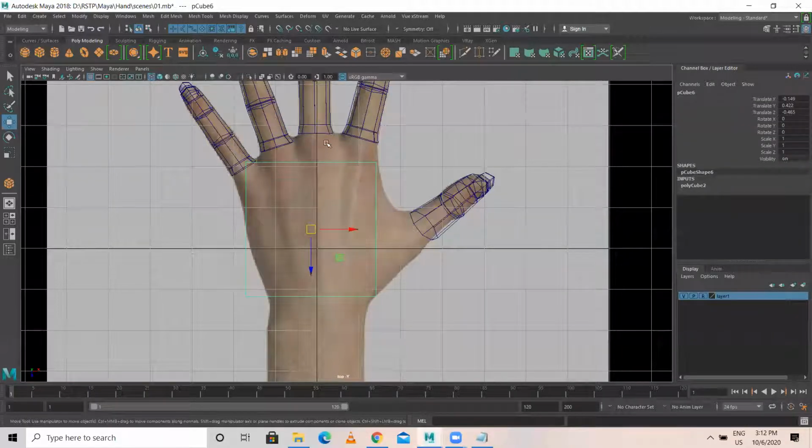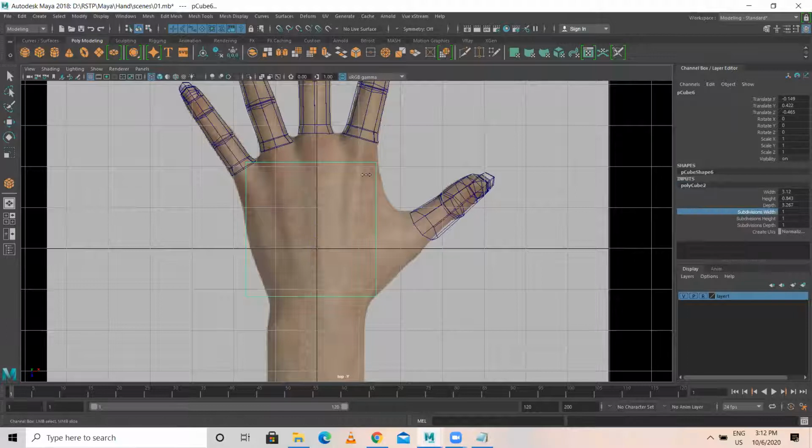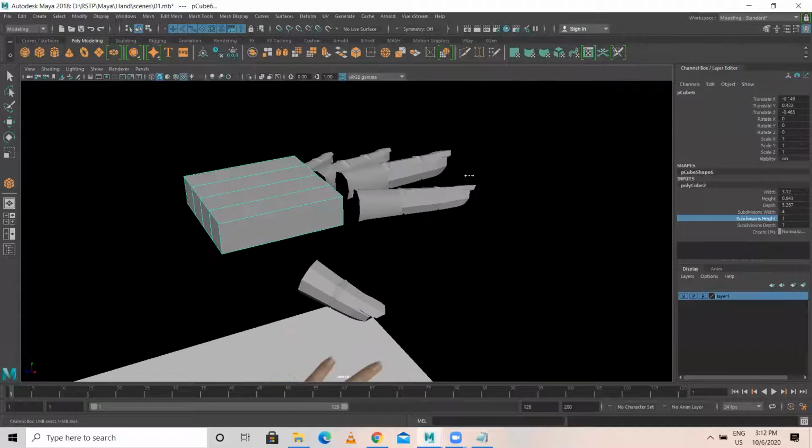Okay, I have created one more cube. Here, see, one line should come here, one line should come here, one line should come here. 1, 2, 3. Three straight lines should be there here, and one cross. That we can do. Let's connect only these 4 fingers first. For that, just check something like this. You add subdivision width as 4 and height as only 1. Height as, okay, 2. Height as 2 for now.